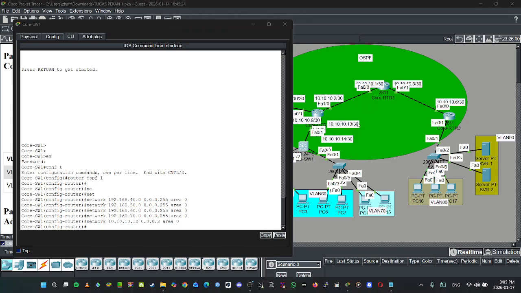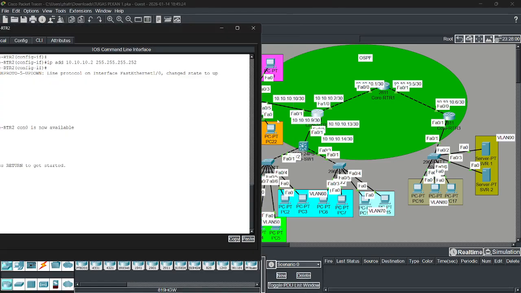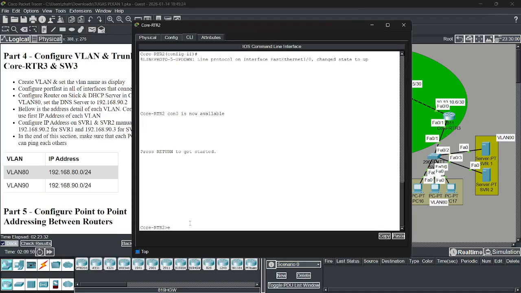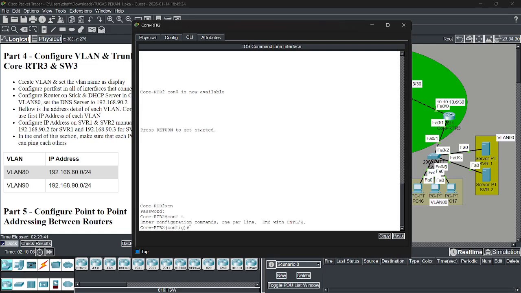We go to core switch 2, core router, sorry. Router OSPF 1.